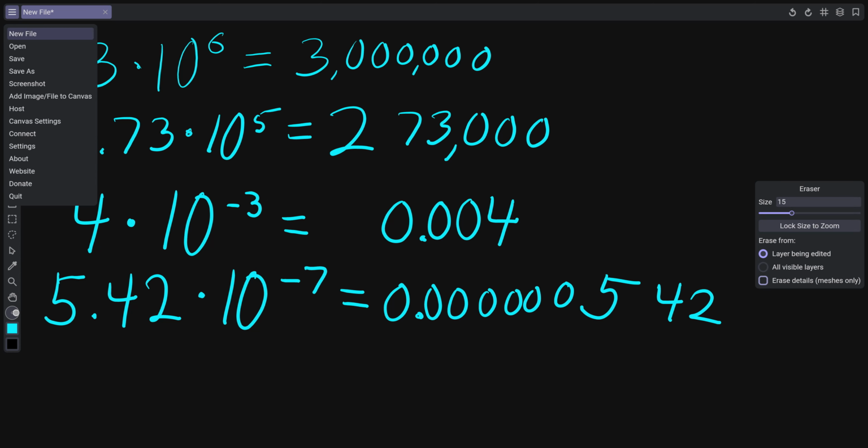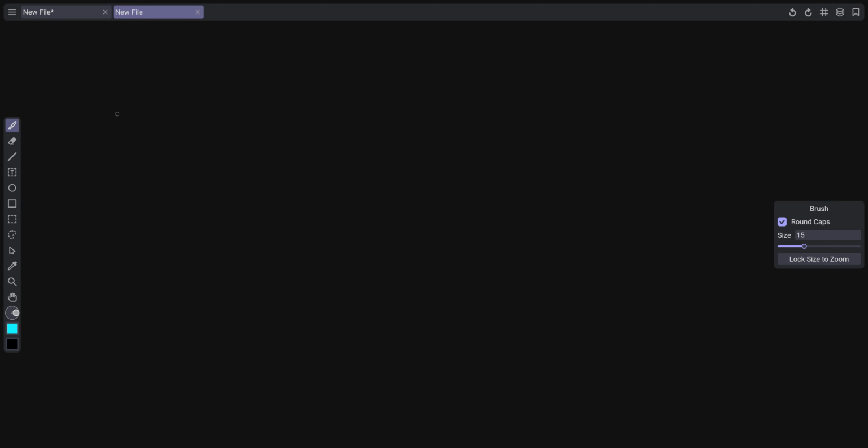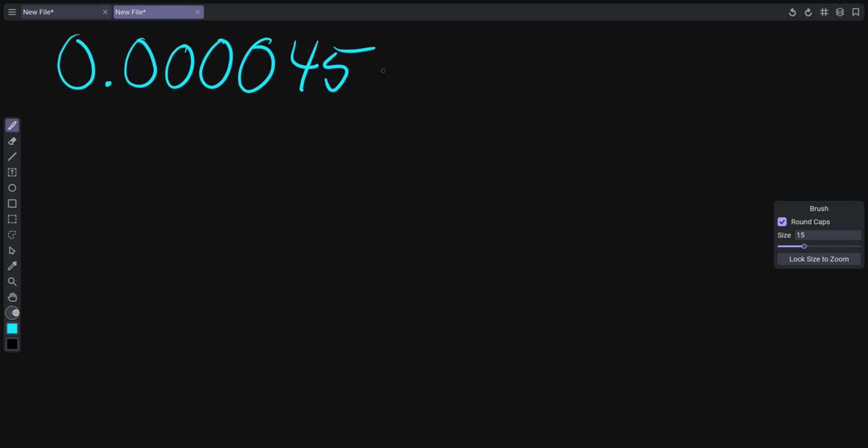Now let's say we had something else. So let's say we wanted to convert a number into scientific notation, and it was something like 0.0000045, and we wanted to turn this into something that was written in scientific notation. Well, we would take a similar approach, but we would do hops in the other direction. So we'd go 1, 2, 3, 4, 5. We're going to stop here at this point between the 4 and the 5, because this will give us 4.5,